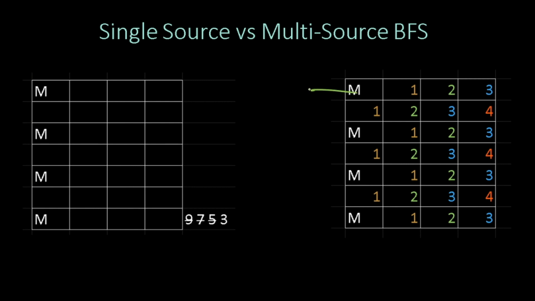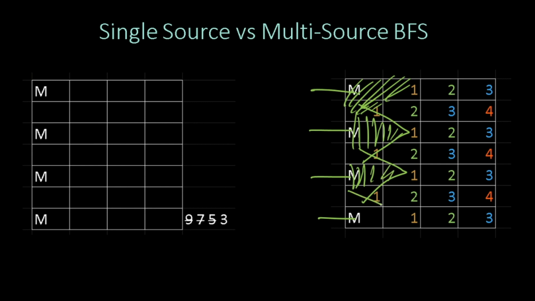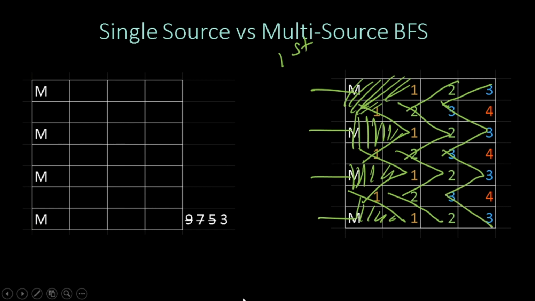Why? Because this location, this location, this location and this location, all of them are pushed in queue. So at one instance of time, we process this whole area here, this whole area here, this whole area here, and this whole area here. This is just the first instance of time. In the second instance, we proceed and flow the lava to all these locations. In the third instance of time, we flow our lava to all these locations. So see what has happened by the third instance of time: all this area is burning.